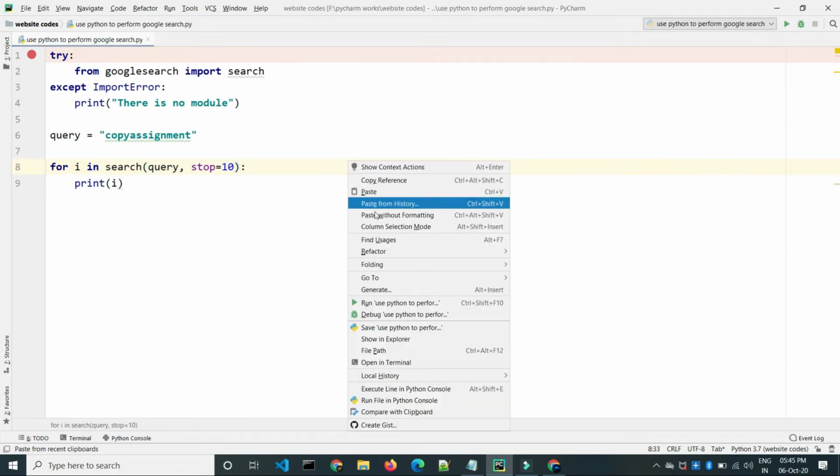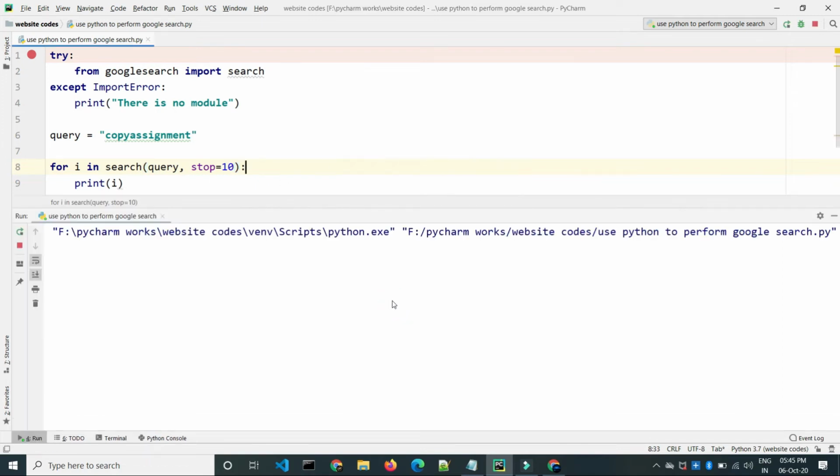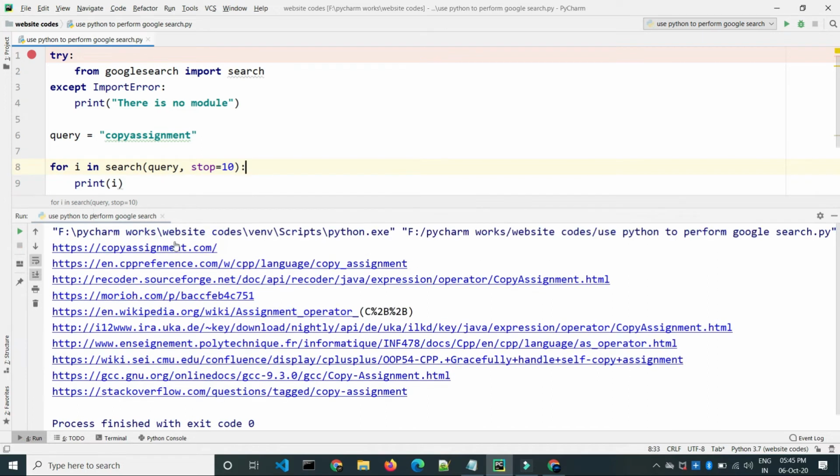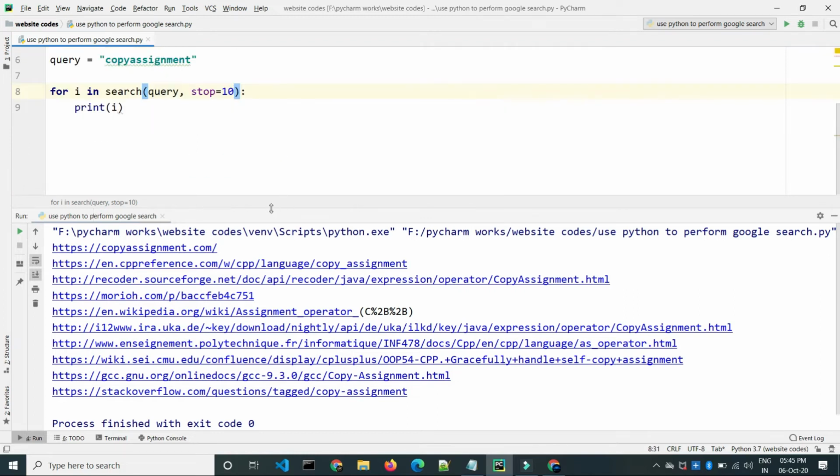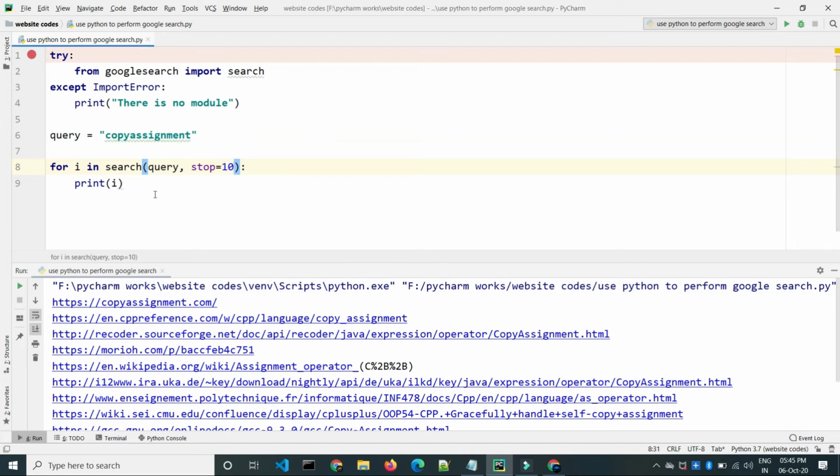Let me run the program again. Here you can see 1 2 3 4 5 6 7 8 9 10. Only 10 results are showing because I applied stop equals 10. This way we can perform any Google search using Python.